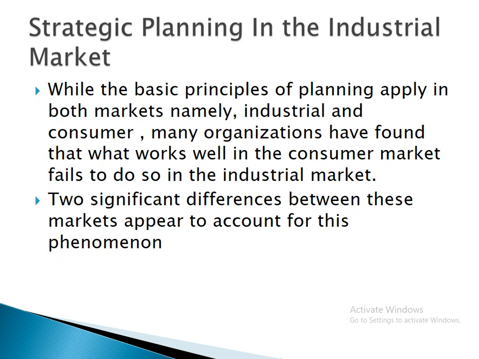That is, a successful industrial marketing strategy depends more on the functional areas, whereas the element of planning in consumer marketing can often be contained within the specific areas of marketing, such as advertising, selling, and product management. Planning in the industrial market is likely to depend on or be constrained by the activities of other functional areas, for example, engineering, manufacturing, and technical services.